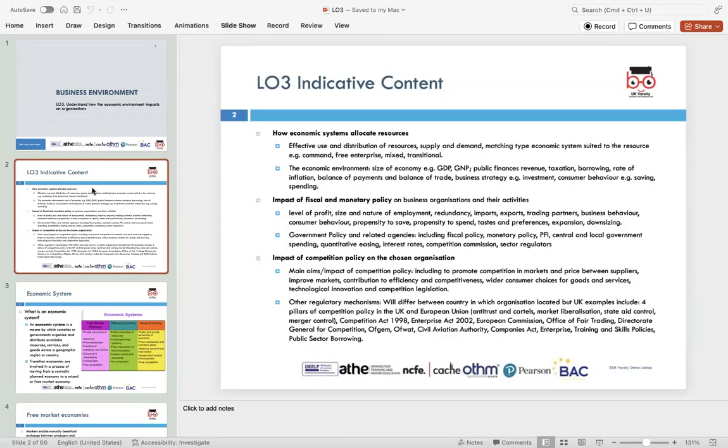Indicative contents for this lecture include allocation of resources in economic systems, effective use and distribution of resources, supply and demand dynamics, matching economic systems to resources, for example command, free enterprise, mixed, transitional, examining the economic environment, including the size of the economy like GDP or public finance, revenue, taxation, then the impact of fiscal and monetary policy on business organizations, for example influence on the size and nature of employment, implications for redundancy, then impact of competition policy on the chosen